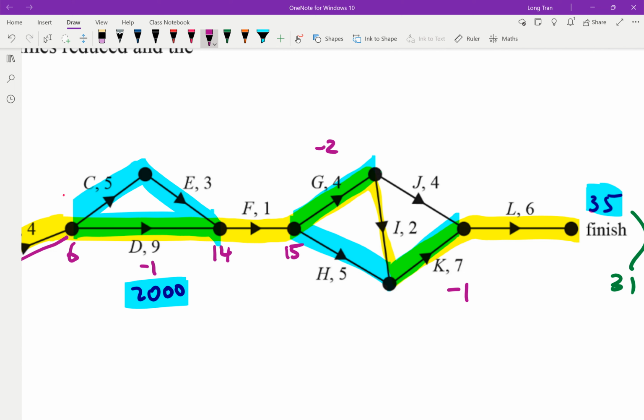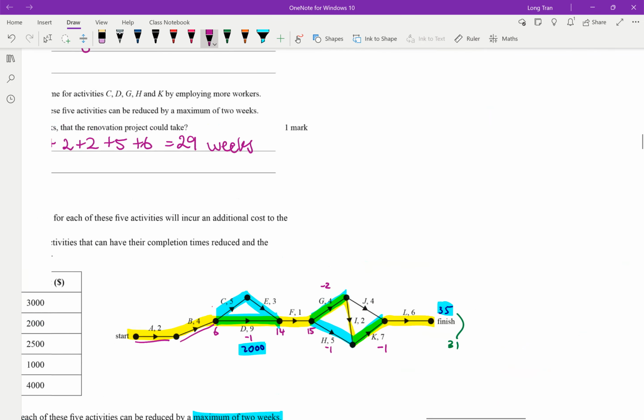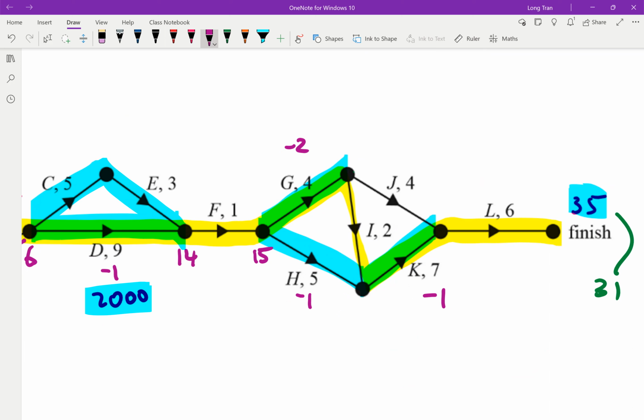And if I reduce G by 2, remember that has a caveat. H has to then be reduced by 1 from memory. Let me just double check that. Was that true? 2 plus 2 is 4. Yeah. So you have to reduce. So that means that 15 plus 4 is 19. So what's this? 15 plus 2 minus this by 2, so plus 2, 17. 17 plus 2 is 19. Yep. So 19 here, and then